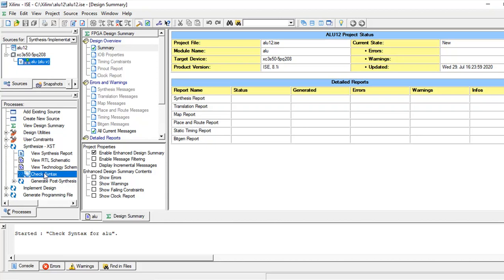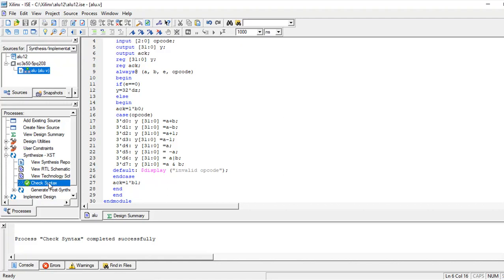We have to wait a few seconds for the process to complete. Okay. You might have observed that the program contains a syntax error. I have modified this syntax error, and again I am rerunning the check syntax. Now the check syntax process is successfully completed.